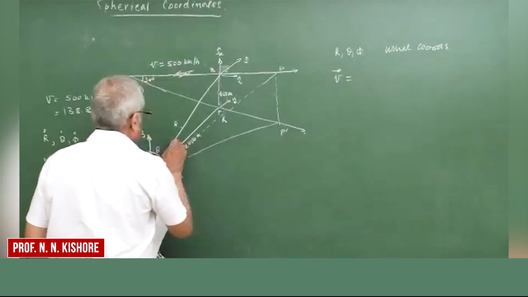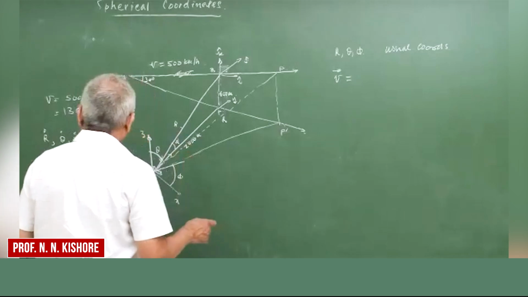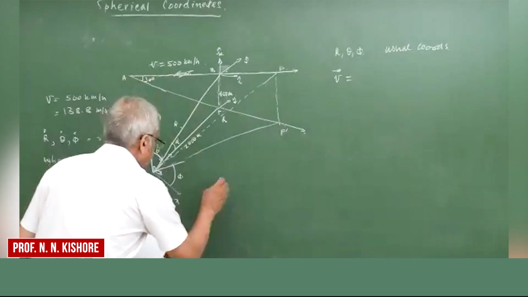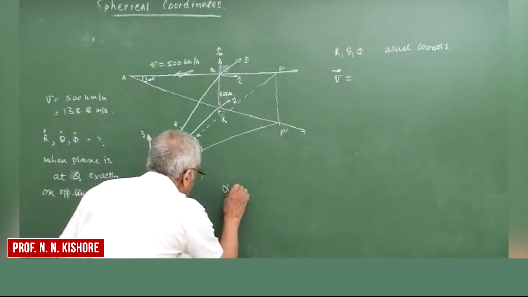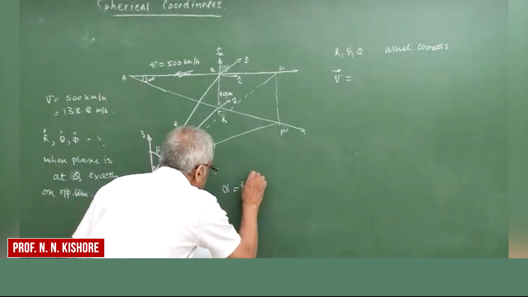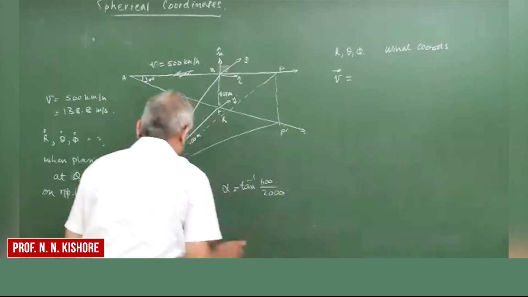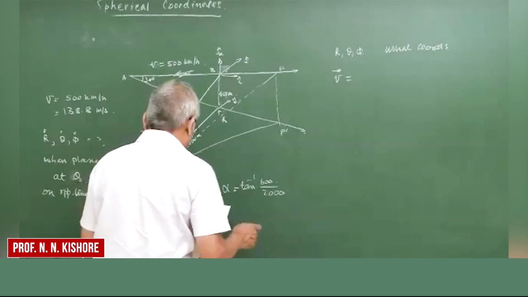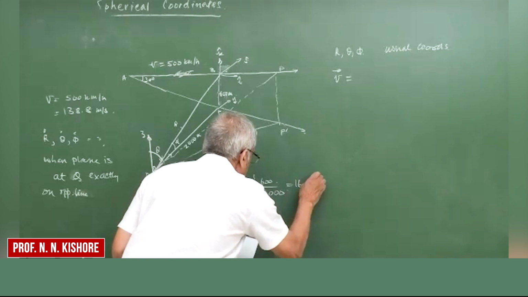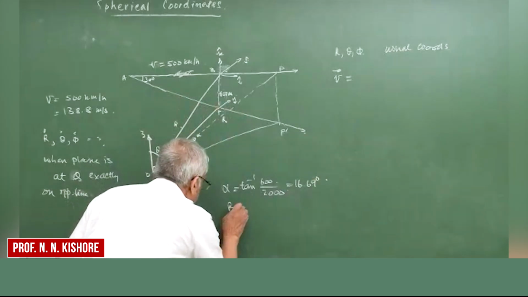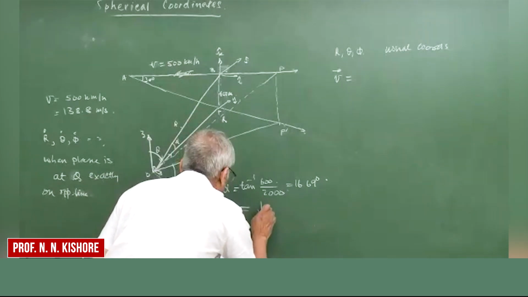That means the velocity here is along this line. In fact, you have to find out this angle, so let us say alpha. So alpha is tan inverse 600 by 2000, and this is about 16 degrees, and the distance r at this point is